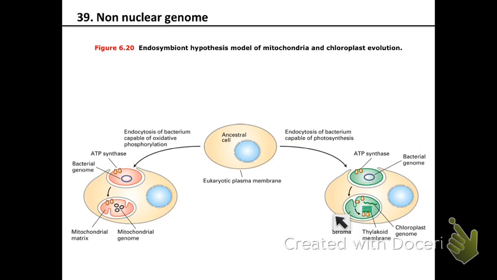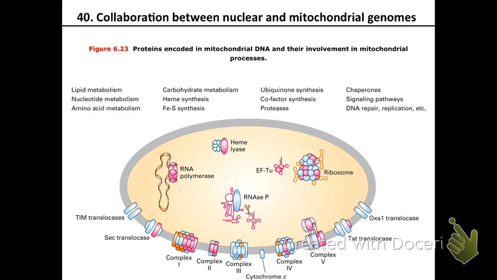And in plants, you also have the chloroplast genome, right? And that's the genome that's used in the chloroplasts. So these are non-nuclear genomes for organisms. And in humans, for all these mitochondria functions and all these proteins and RNAs that are used in the mitochondria, some of these products are encoded from the mitochondrial genome, but some of them are encoded from the nuclear genome and then get transported inside the mitochondria. So the mitochondria is made in a collaboration between the mitochondrial genome and the nuclear genome.